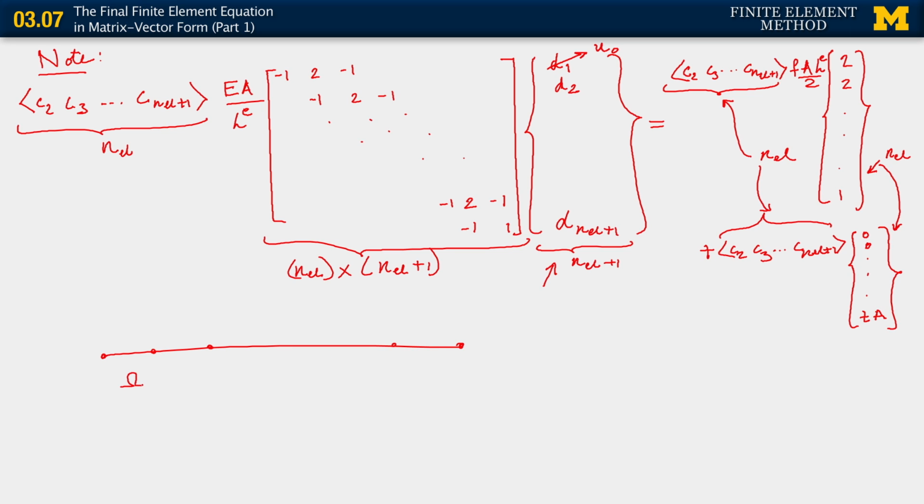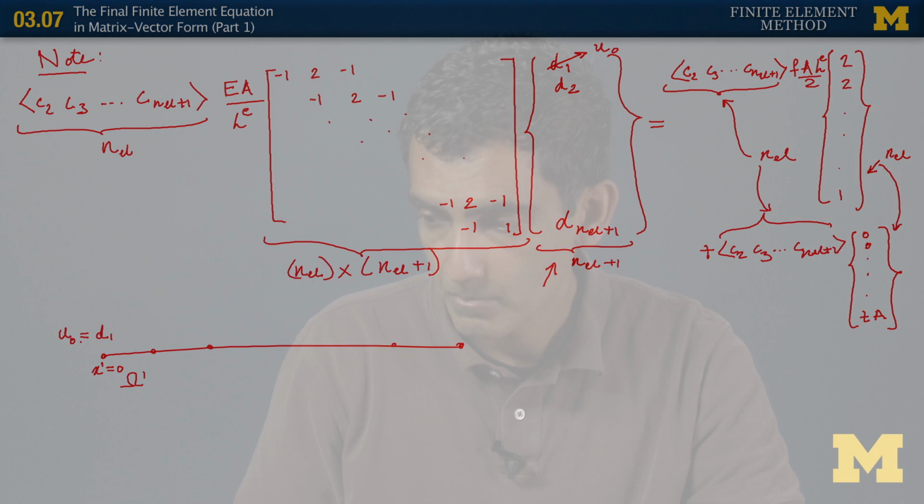Right, so this is element 1, and this position here is x, this node is x1 equals 0, right? And on that node, the degree of freedom is d1, which is u0, which is known, because it's the Dirichlet boundary condition. What this tells us is that when we look at the matrix vector product on the left-hand side of this matrix vector equation, we can actually